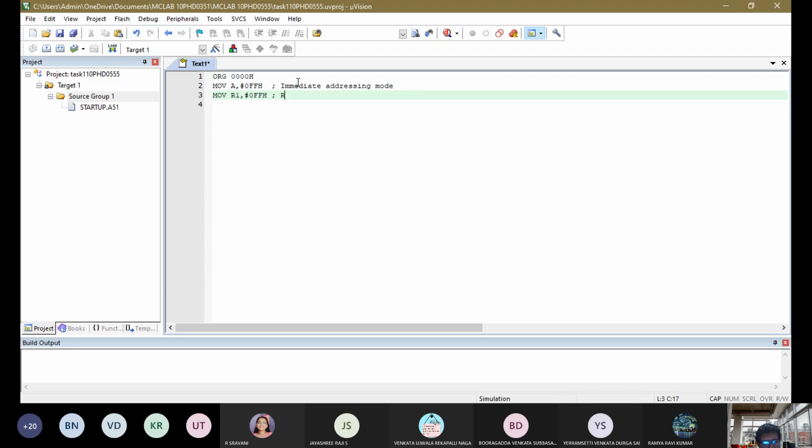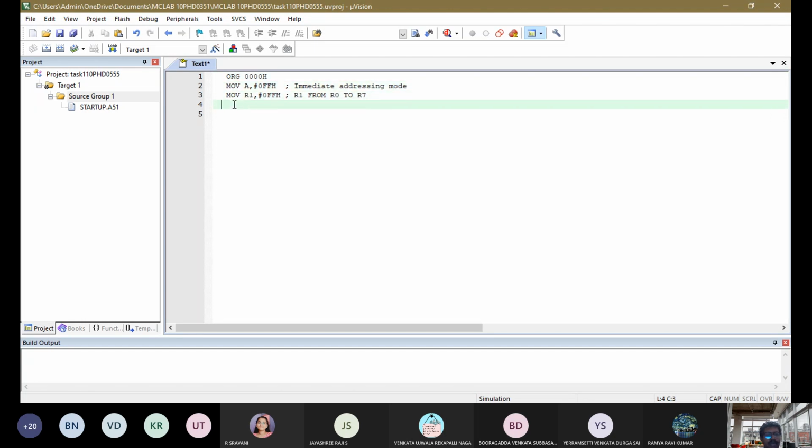So the R1 register is being used. We have registers R0 to R7. This semicolon is for commenting. I am commenting each and every line for your understandability. It is the same procedure you have to follow from the examination point of view. Mapping is also not an issue; we can provide it like this.